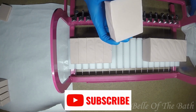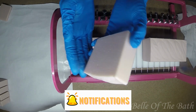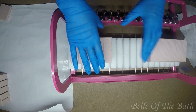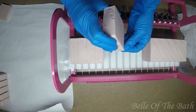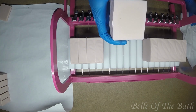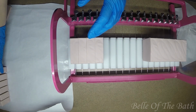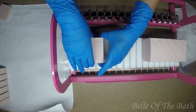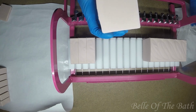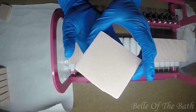Make sure you get your ingredients from a reputable source, please. Be very wary about buying things on Amazon as far as soaping ingredients. I'm not going to say that there's not a lot of good ones out there, before y'all come for me, because there are a lot of handmade sellers on Amazon, and a lot of companies actually sell their products on Amazon too, so reputable companies. So just make sure you're researching where your ingredients come from,